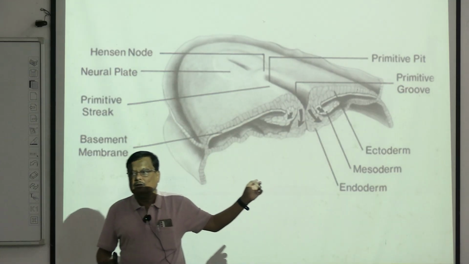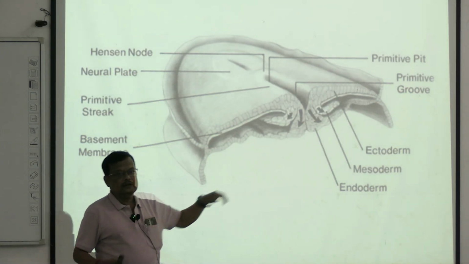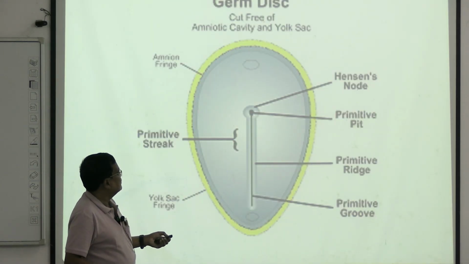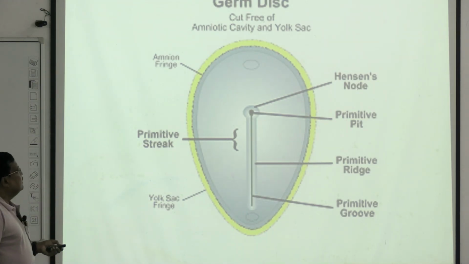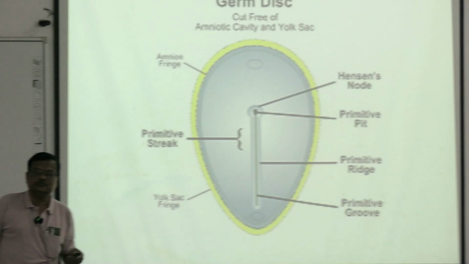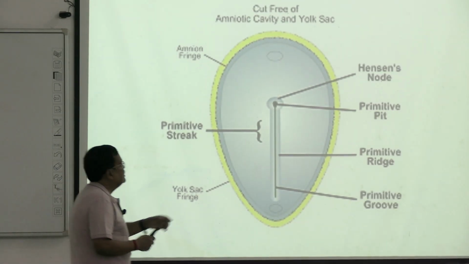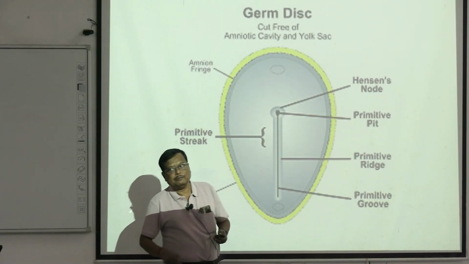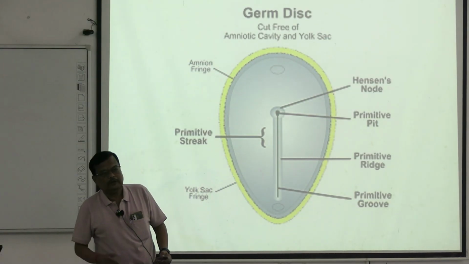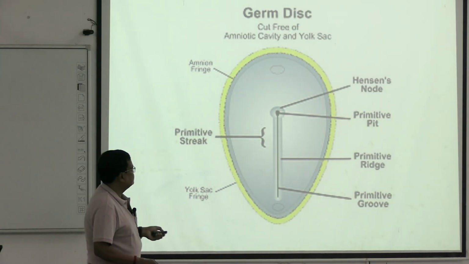বুঝতে পারছো পিকচারটা? এপিব্লাস্ট সেলই দুটোর মধ্যে ঢুকে গেল। প্রিমিটিভ নোডের আরেকটা নাম হচ্ছে হেনসেন্স নোড, আর এখানে সেন্ট্রালি দেয়ার ইজ একটা ডিপ্রেসড এরিয়া হয়, তাকে বলে প্রিমিটিভ পিট বা প্রিমিটিভ পোর, যেটা লোয়ার এনিমেলে ব্লাস্টোপোর বলা হয়।